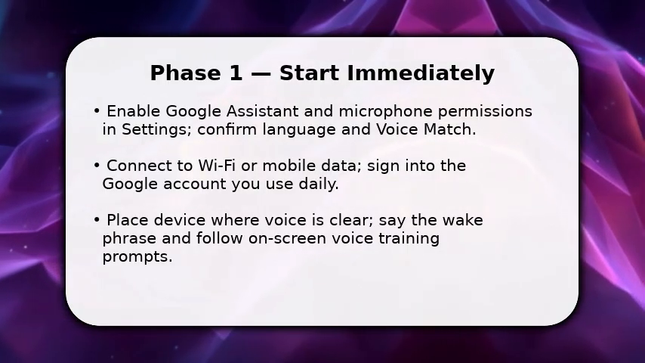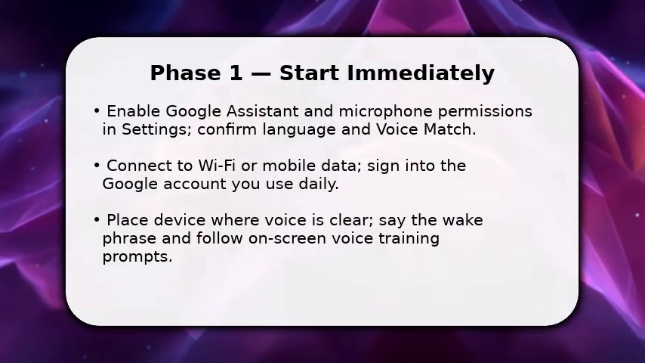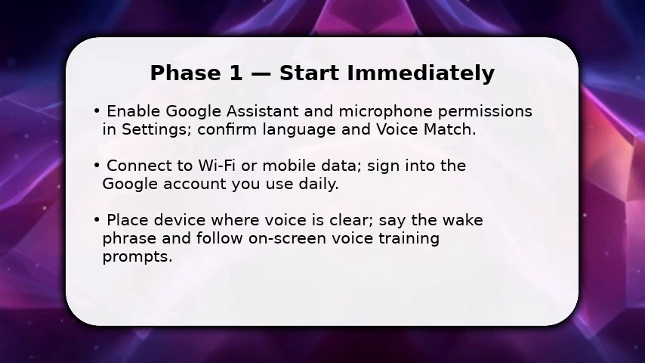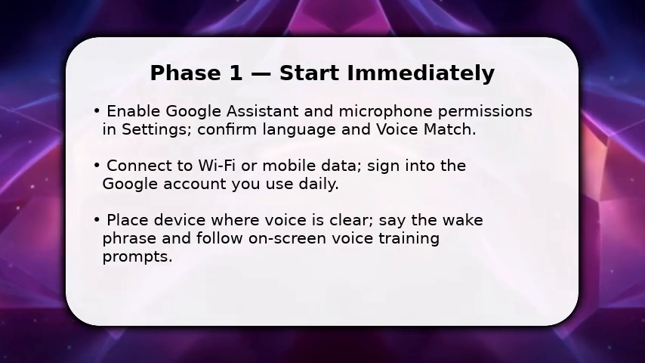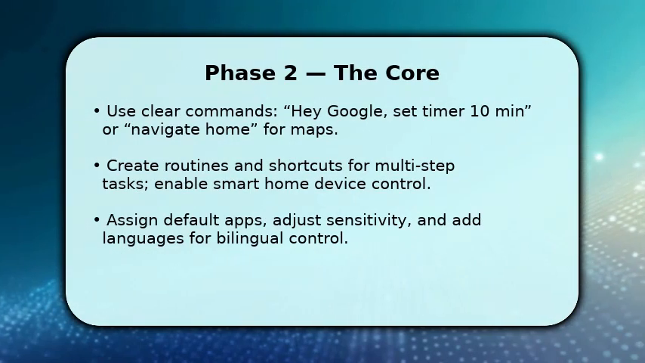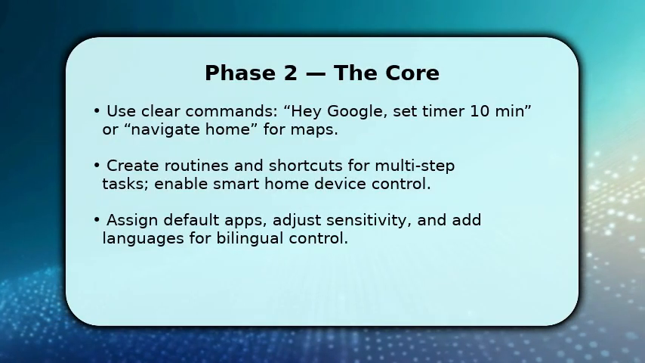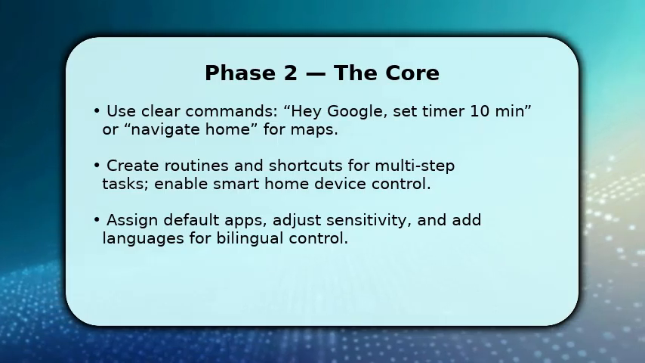This trains authentication, reduces false activations, and links your personal results. It also prepares shortcuts and routines that you'll build in the next phase. Now execute core actions. Use concise commands like, "Hey Google, set timer 10 minutes," or "play my commute playlist," and